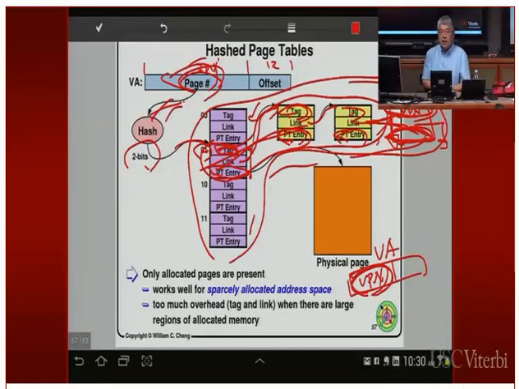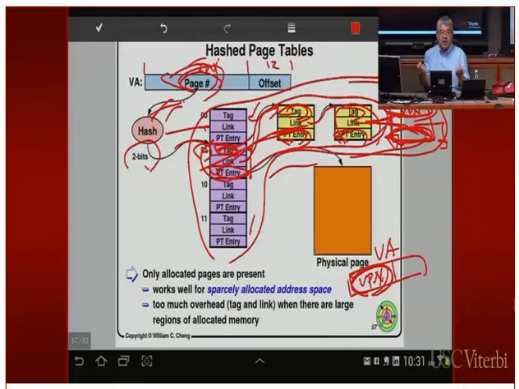So in this example, if this is the virtual address that you're looking for, in order for you to get to the page table entry, you're going to have 1 memory access, 2 memory access, 3 memory access, and 4 memory access. You have to go to the bus 4 times in order to get the page table entry. So, is being 4 times as slow reasonable? Of course not. I'm trying to get to the same point as the previous case. When you have the multi-level page table, the performance is, again, very, very poor.